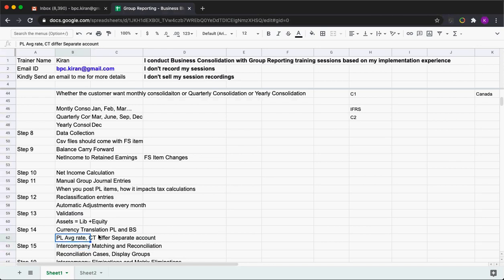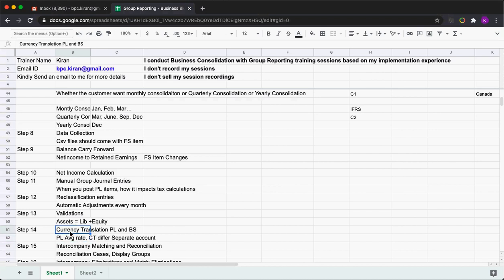Same way, when you are talking about balance sheet, I'm going to explain. There are 2 things, non-historical items and historical items. Historical items like investment in subsidiaries, share capital, equity. So how you are going to translate these accounts? For historical accounts, the currency translation difference we are going to move to a separate account with a separate flow, separate transaction type, or separate sub item. That point you have to note down. For non-historical accounts, for example account receivable, the currency translation difference goes to the same account with a separate flow. Those points you have to add.